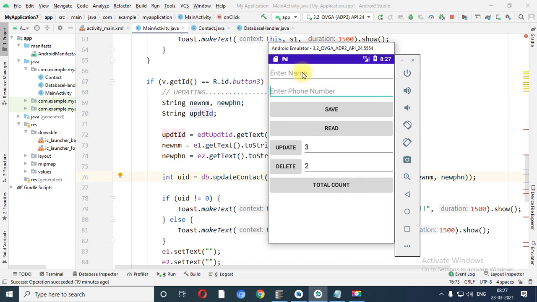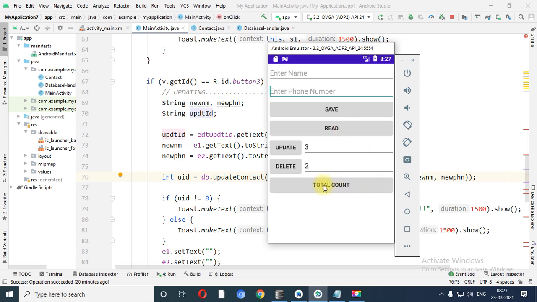Let me repeat once again that over here you need to enter the name, you need to enter the phone number. When you enter both the things, you need to click on the save button, click on read. When you click on read, it will fetch all the records which are there in the database and print the message on the toast.